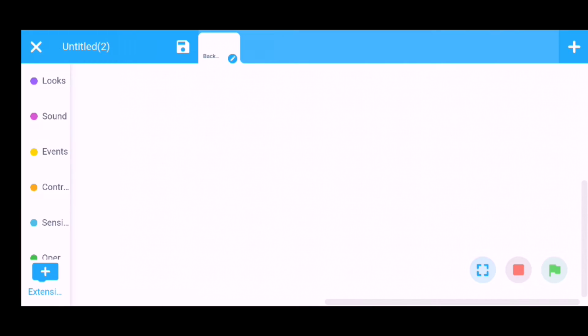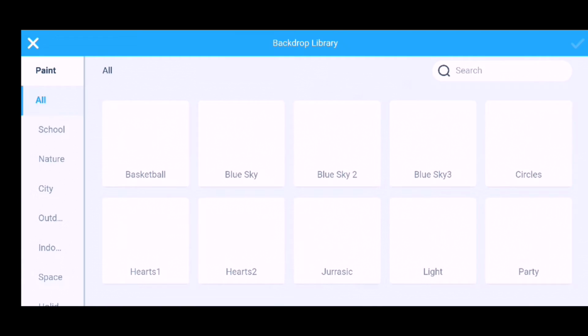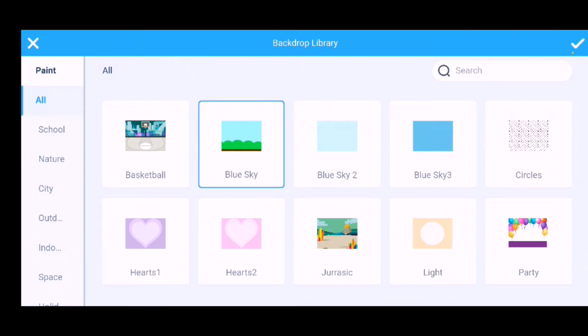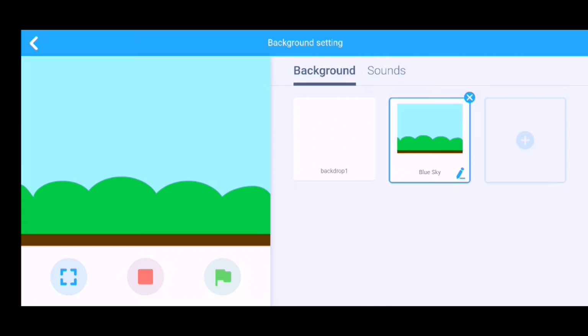First we will decide the background. In this background, there should be a sky, so I will choose this as a background. Select this, click on this OK sign. Fine.